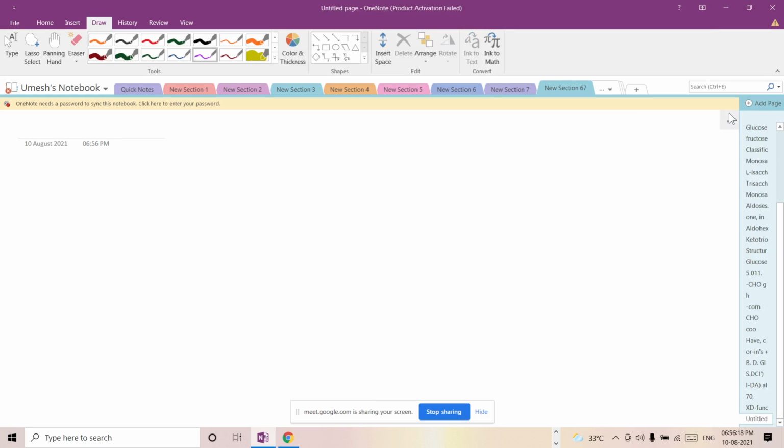And now we can convert into Fisher projection formula like this. All those atoms, groups of atoms which are on the right hand side will be shown below the plane, and which are towards the left hand side will be shown above the plane. Right. Haworth's projection formula. We call it the Haworth's projection formula.